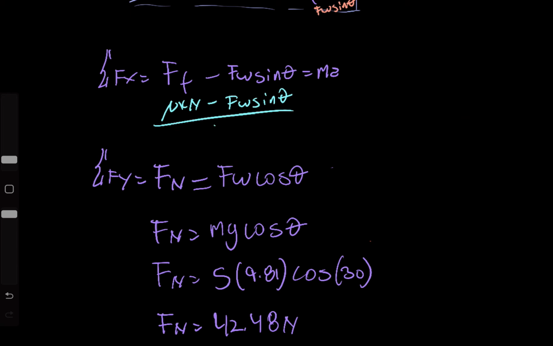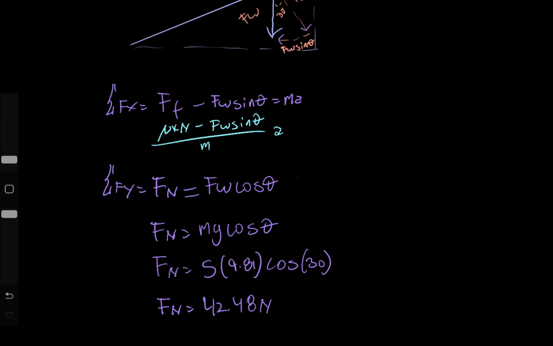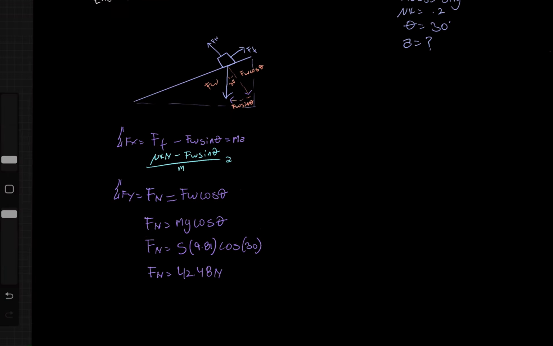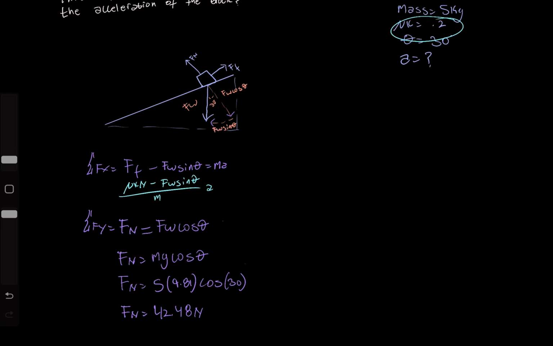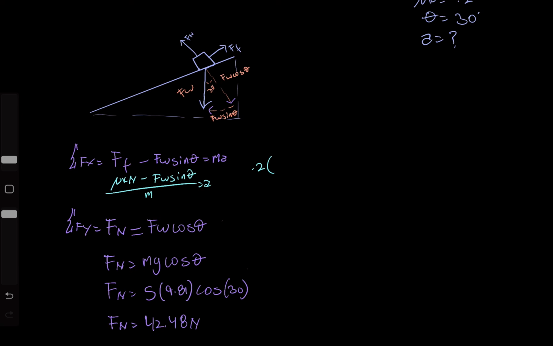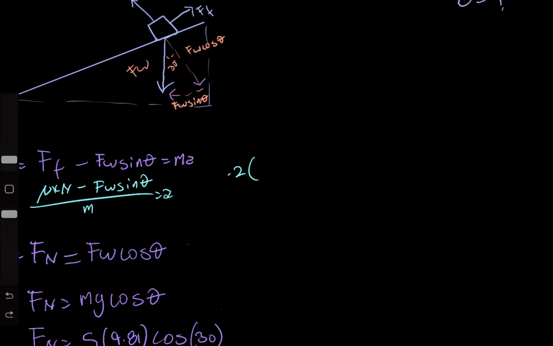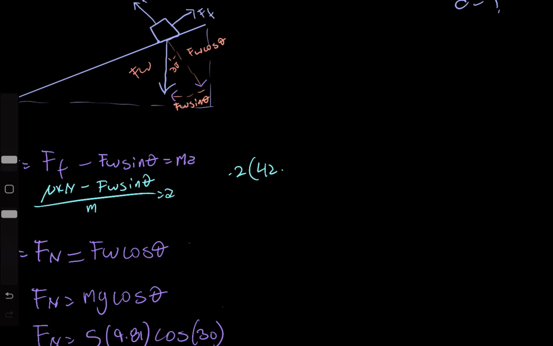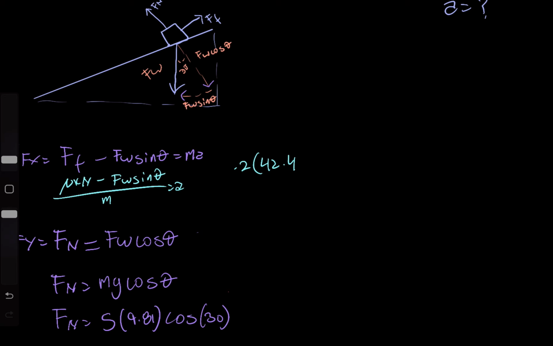And we'll divide this by mass to solve for acceleration. So we got mu k, which was 0.2, so 0.2, and normal force, which is here, 42.48,